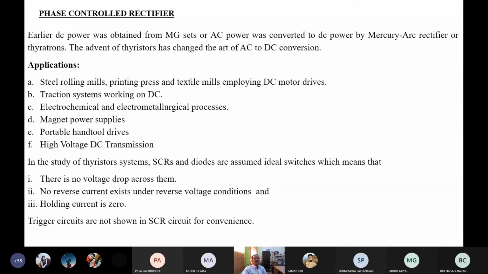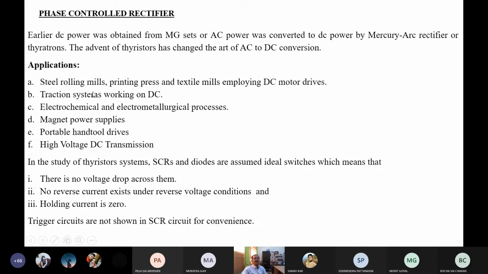In the first class, we have seen that. I have given you the advantages of semiconductor-based converters. They are highly efficient because the conduction losses are very low, and maintenance is low because there is no wear and tear, no moving parts, static devices. Their dynamic performance is very fast. Closed loop control can be implemented. There are many advantages. So a converter has to be used for properly driving a motor.